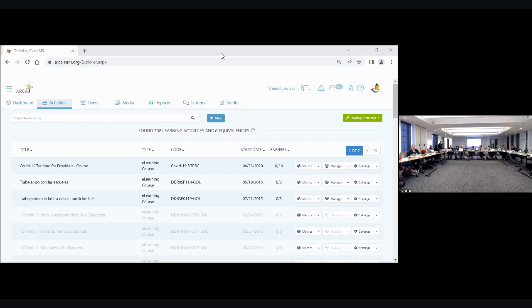Hello, everyone. So the next item of topic was integrations, such as Zoom and YouTube. I know that we've already talked about Zoom and YouTube a little bit, but are there any specific questions about integrating, what integrations we have, anything like that? Can you walk them through how to integrate Zoom and